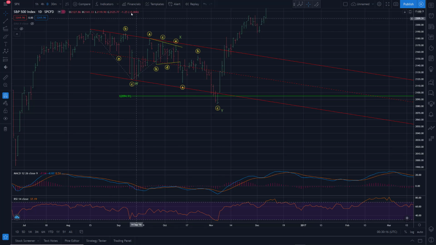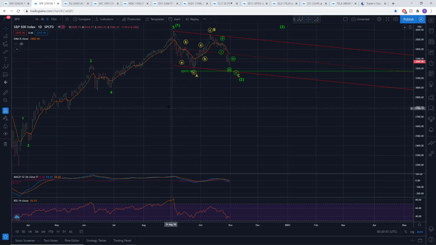Anyway, the actual pattern that went into that, so from this 15th of August 2016, we had a nice little ABC down for W. Then it looks like an ABCDE triangle X. I remember looking at this back then. So we had a WX, and then an ABC down for a Y, so a more complex pattern, a WXY. And then, of course, we had the big reversal after the election was settled. So I think we're looking at a similar setup here, sentiment-wise and pattern-wise. Not identical. It's a different corrective pattern, but it's a corrective pattern nonetheless over here in 2020.